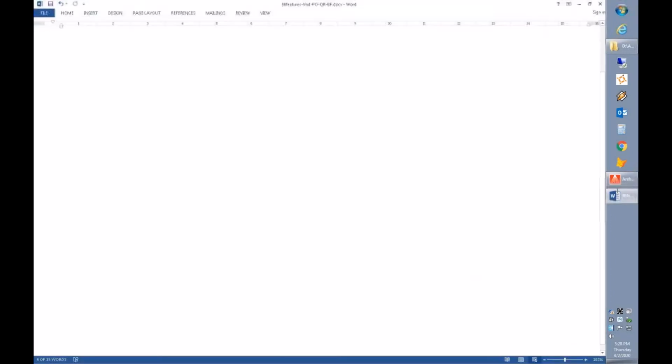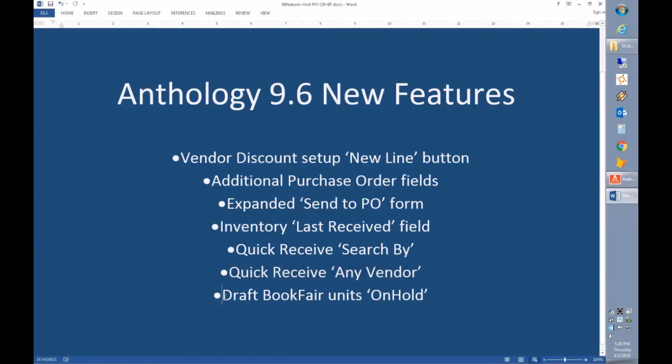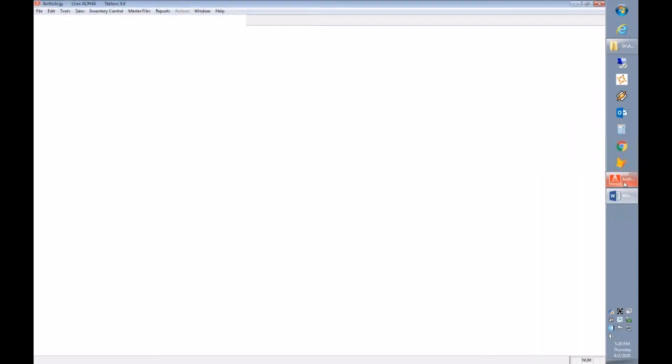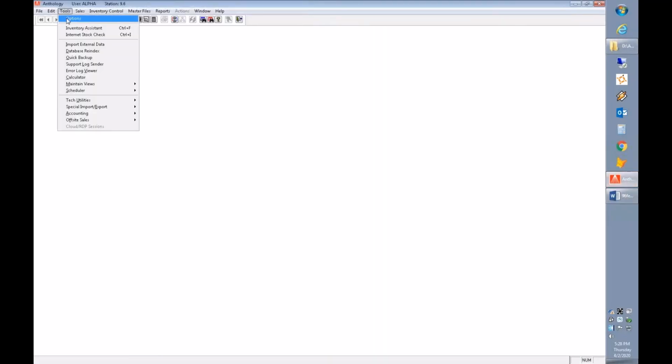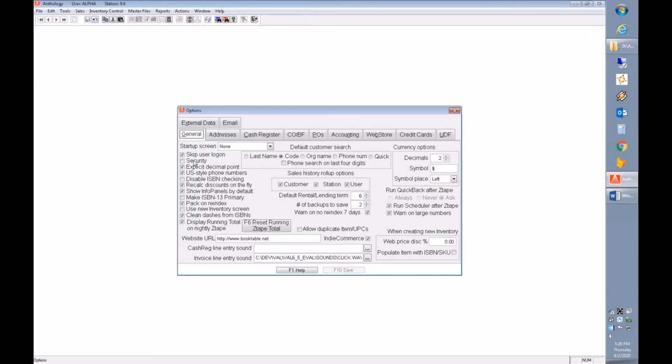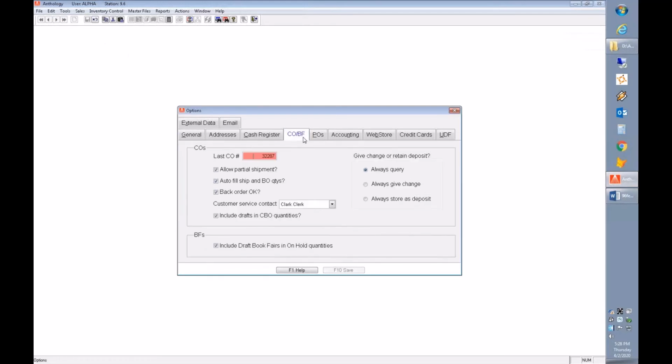The last little option is another new detail about draft book fair units and choosing to have them be included in your calculated on hold numbers. That setting requires the Tools Options area. In Tools Options, what was previously just labeled as the CO tab for customer orders is now customer orders and book fairs. You'll see on the bottom here a new setting called Include Draft Book Fairs in your